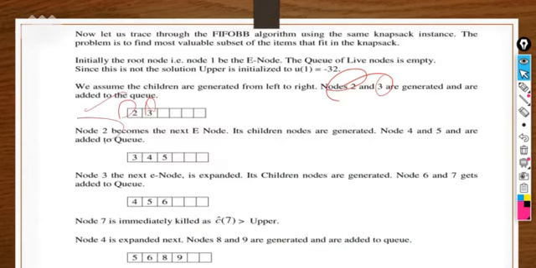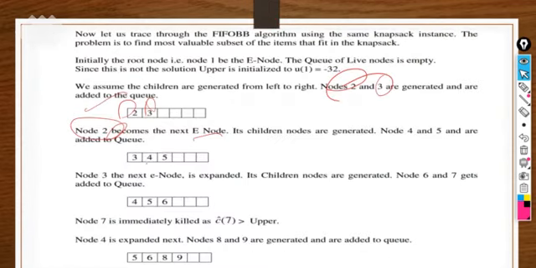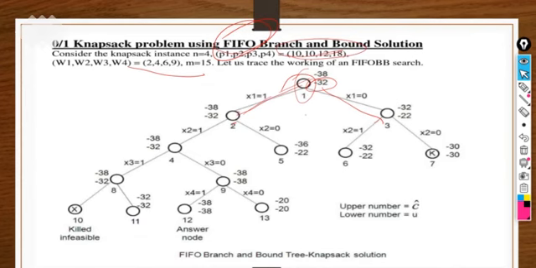So I'm just going to expand the E node as node 2, and the children of the live node 2 are nodes 4 and 5. So I'm adding 4 and 5 here in the queue, and now it's time to take out 3 as an E node. After taking out 3 as an E node, what will happen? 6 and 7 will be there.